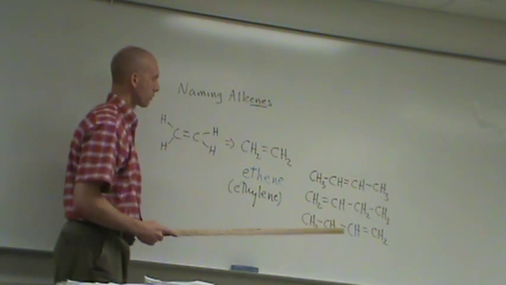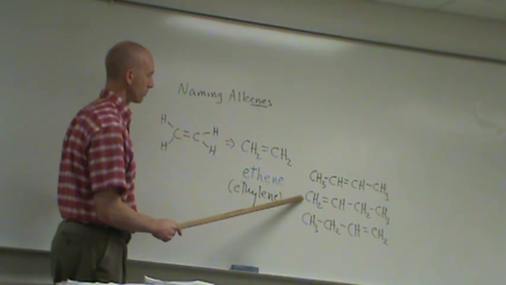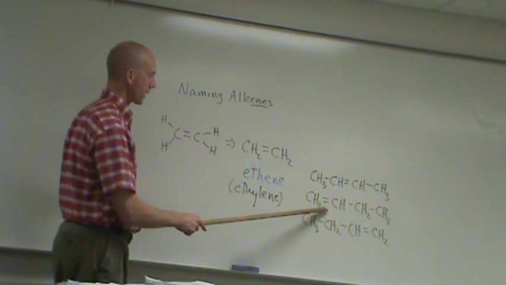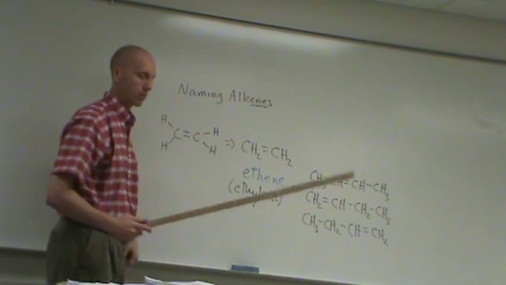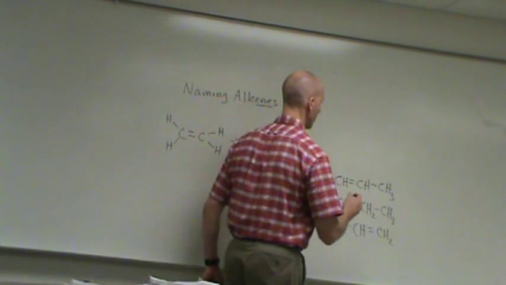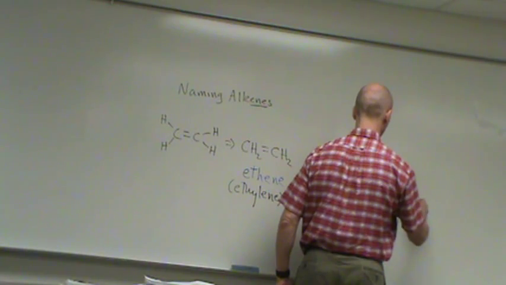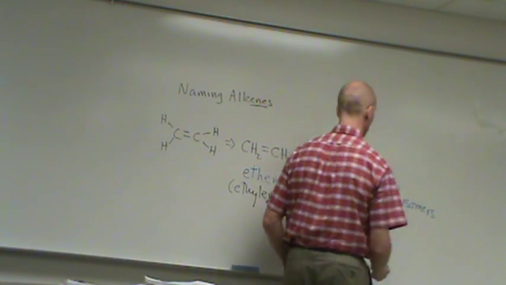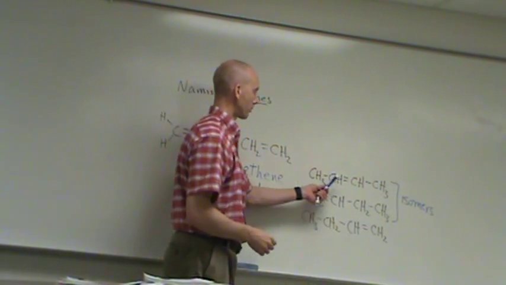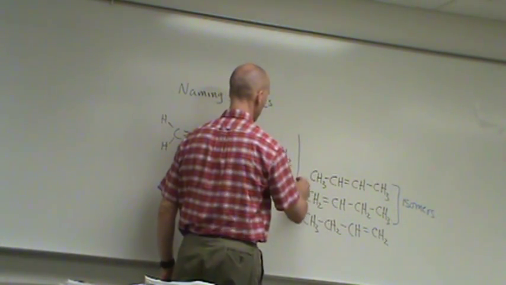There you go, 4 carbons, butene. How about this middle one? The double bond has just changed place. So these two here are isomers, because the double bond is in a different place. And because of that, starting with butene,